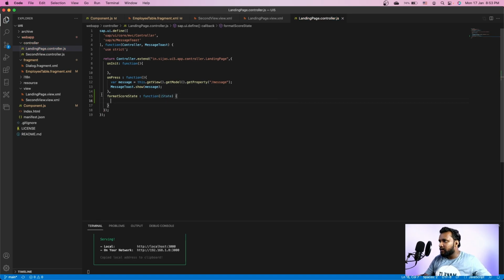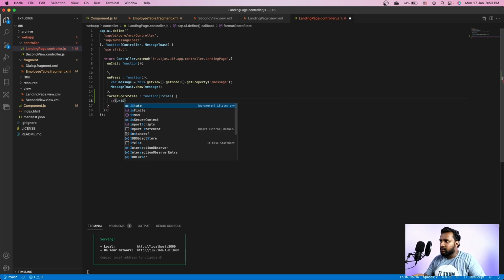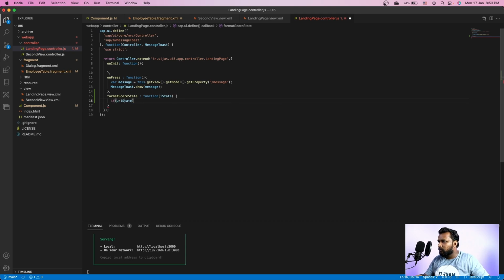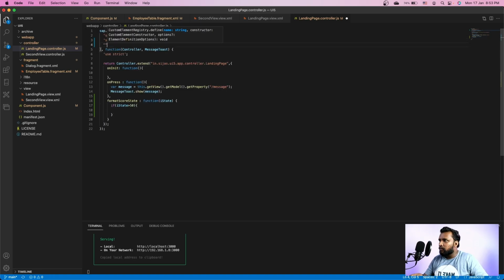So let's take iState, and now we can put a simple condition here. Maybe I'll put an if condition. If iState is greater than 50, we have to return one color. So I'll import the value state here. We have something called ValueState,